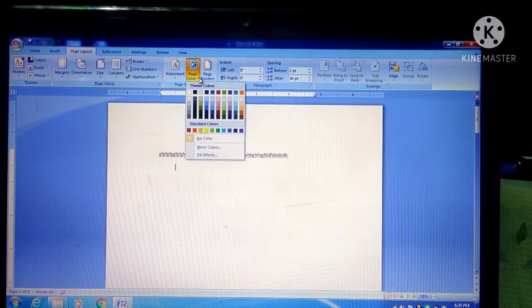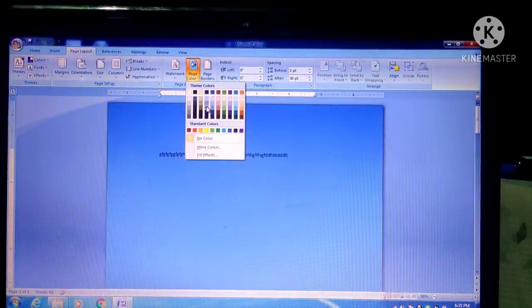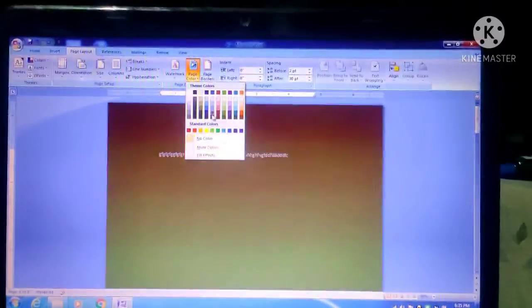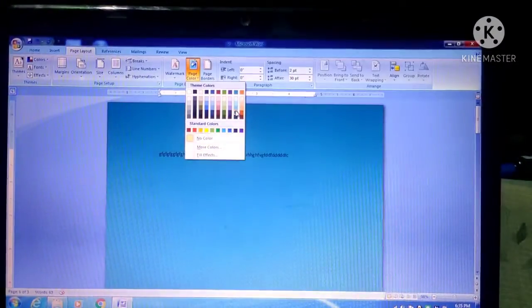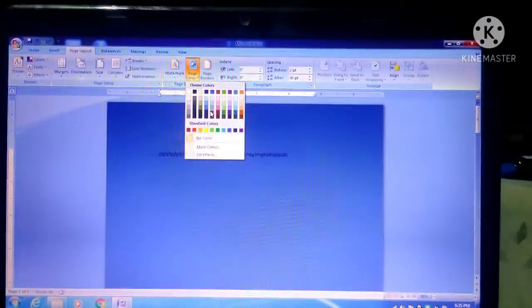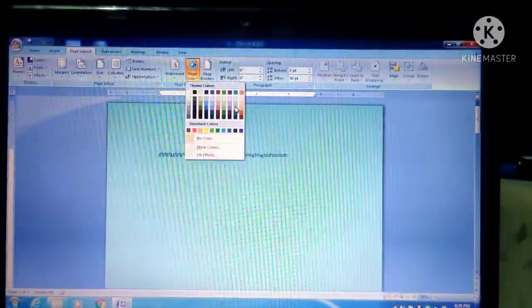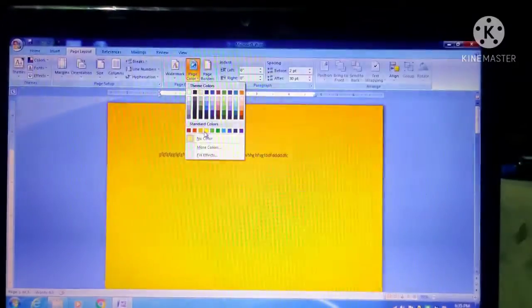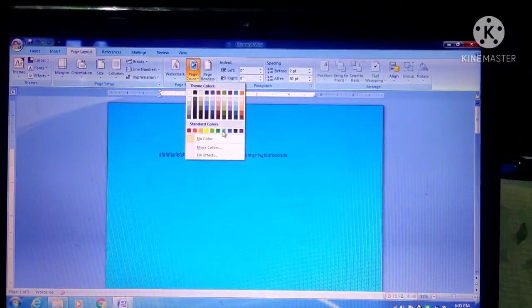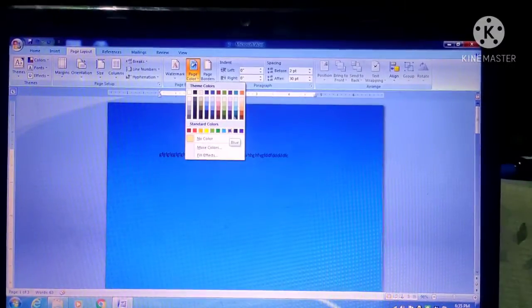You will click on this small arrow given here, and whatever color that you can see, the page is changing to the color of the cursor that is being placed. I am moving the cursor to different colors just to show how the page will look. So you can keep one of your favorite colors, or you want the document to have that color, you can keep it.